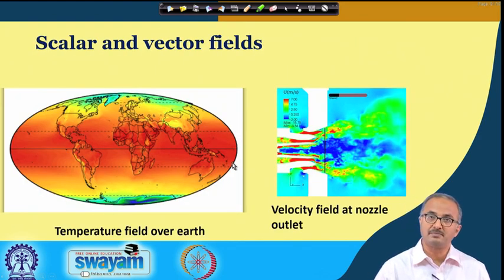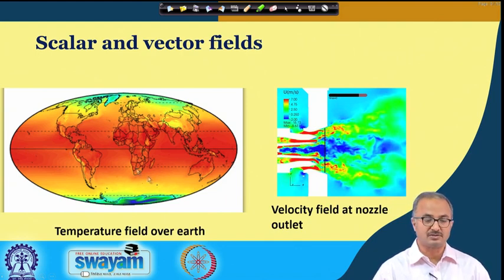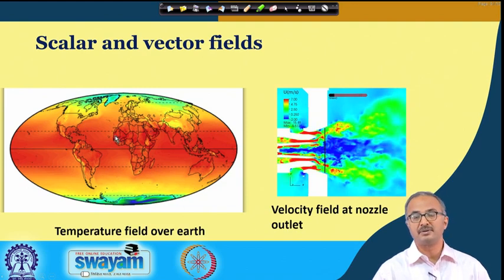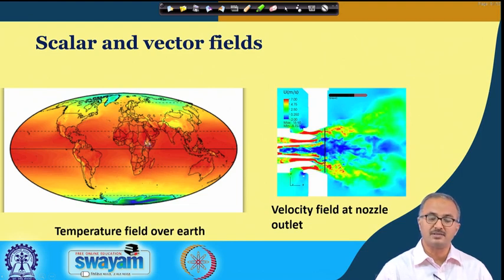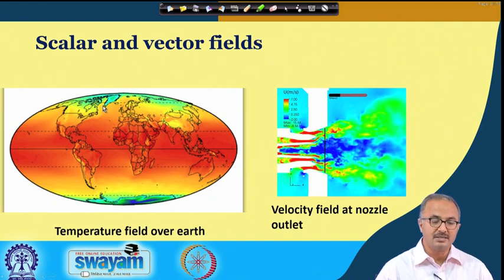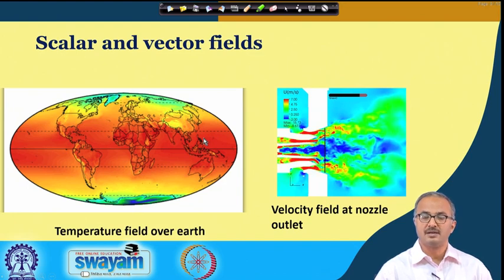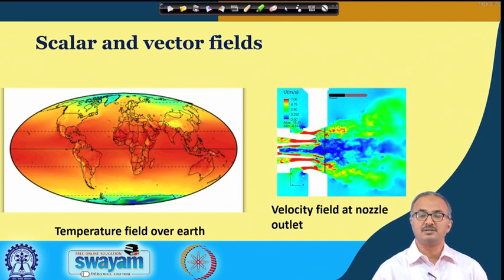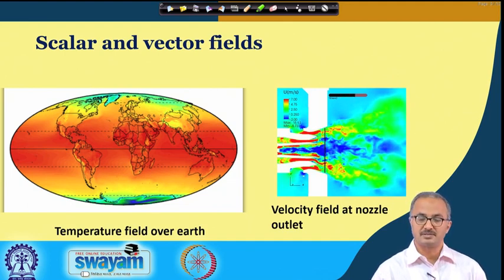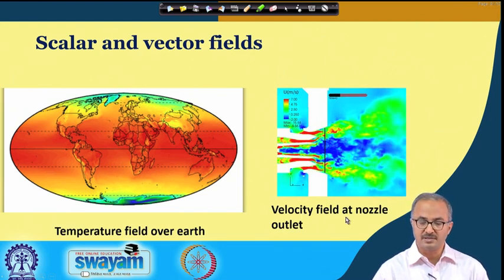Next, I show some examples of the fields. This is the scalar field for the temperature over the earth. You can see how the temperature differs along the various space, that means along various continents and the ocean. These different colors show different magnitudes of the temperature, and this kind of coloring we will see many times in the books and literature to show the distribution of temperature.